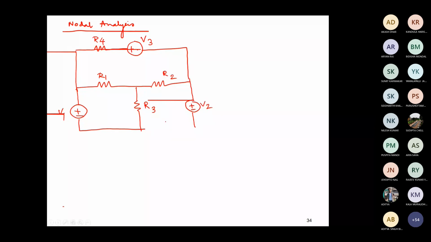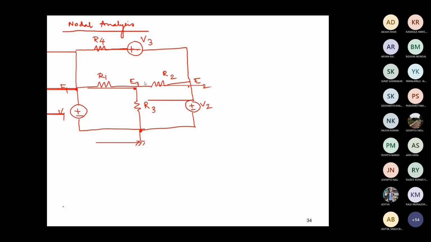Please ignore this horizontal line. They are coming from anywhere, I can't manage it. So these are your nodes E1, E2, E3, and this is at ground potential. We have to assume it as ground potential. And then these are your nodes. In between, there is no need to find out the nodes. So nodes are basically the convergent points of several branches which have sources or circuit elements, right?